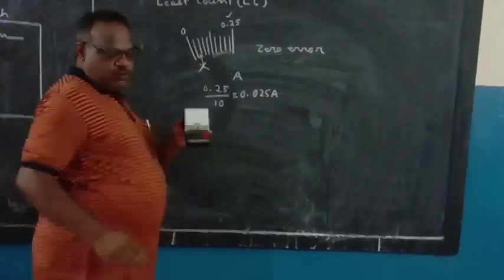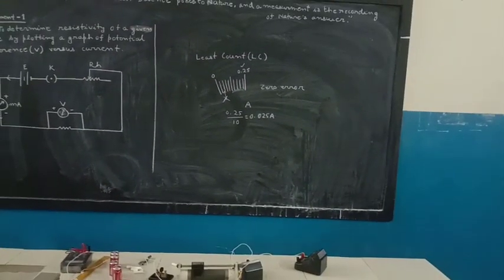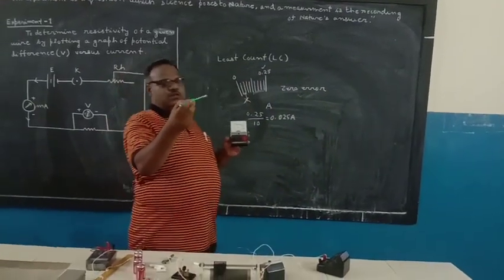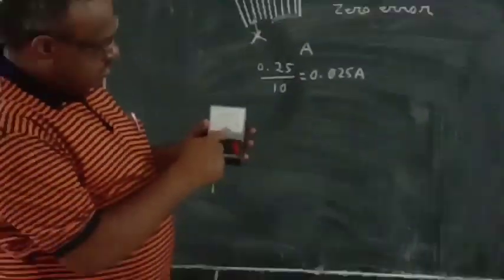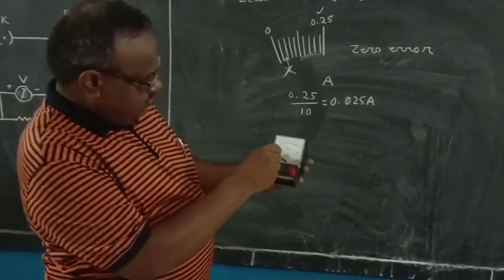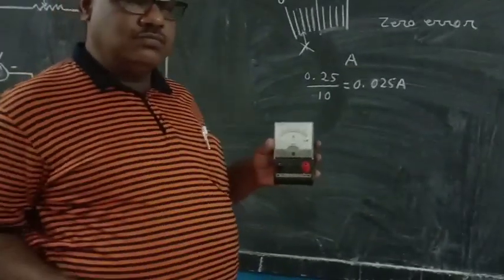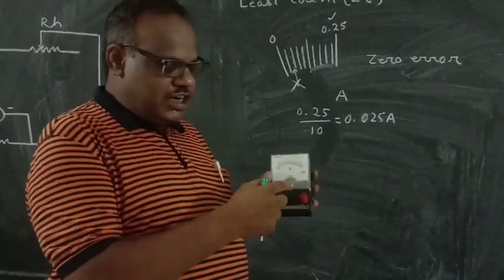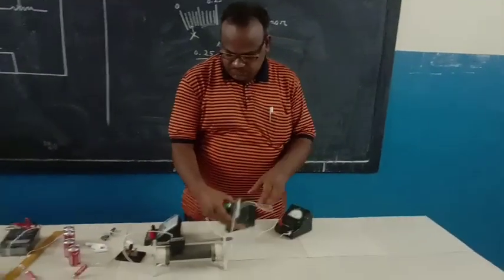So first of all, you have to avoid the zero error. To avoid the zero error, what to do? You have to take this tester, and here there is a knot, and you have to do it like this. If you do like this, it will be adjusted. Now it is coming. So you adjust it. If it is on this side, then you move it. So this is the adjust key. In each and every instrument you see there is an adjust key.